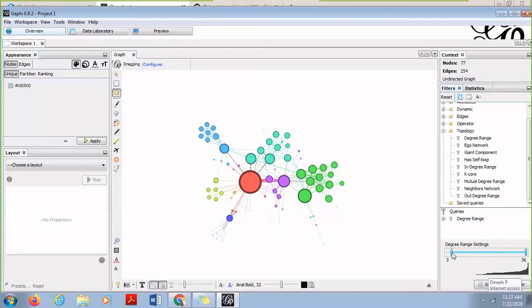So generally, you can keep a range of an average degree which is there in the graph to analyze the network. So let's say if I change this and then I say apply. So here I will be able to see in the context part that the number of nodes has decreased to 50, edges has decreased to 219, which is 64% of the earlier part and 86% of the previous when the filters were not applied.